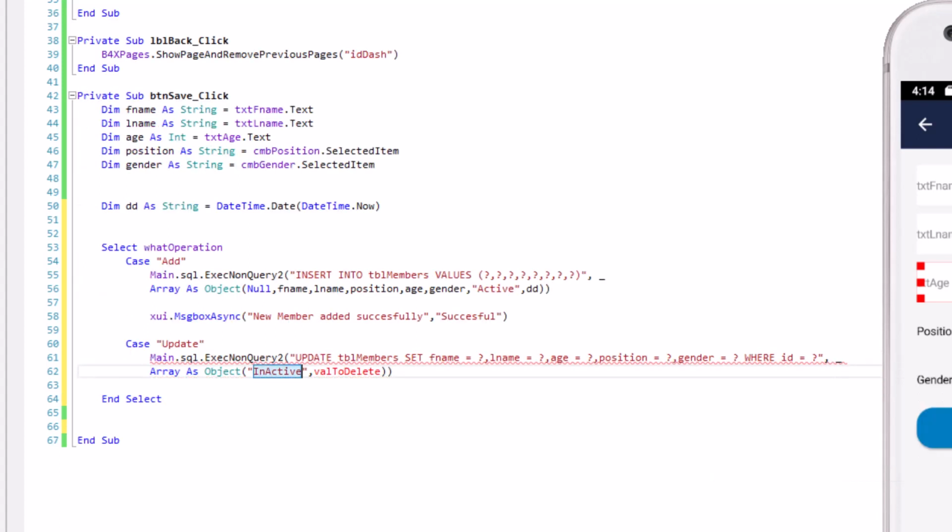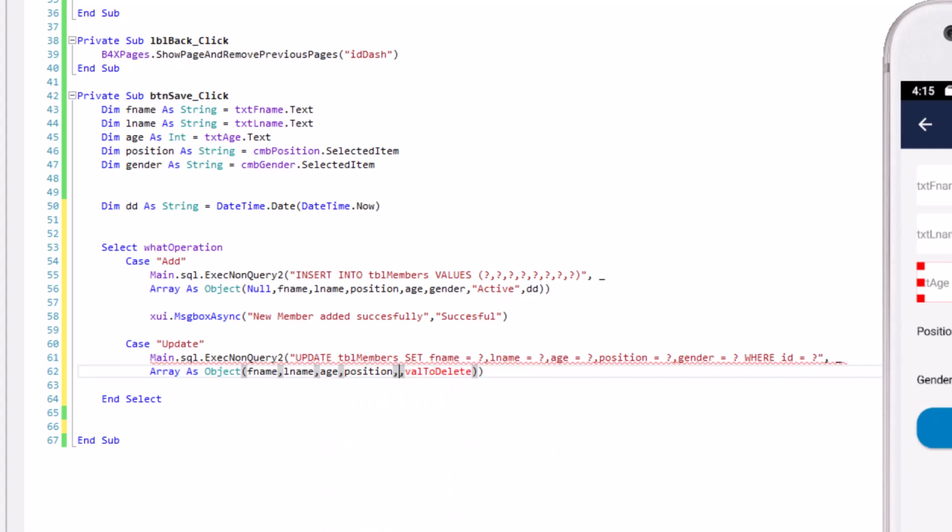So the first one is first name, so it should be picked from the variables we declared, the F name. The second one, last name. The third one is age. Fourth one, position.